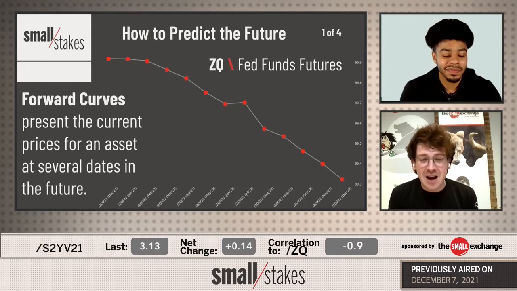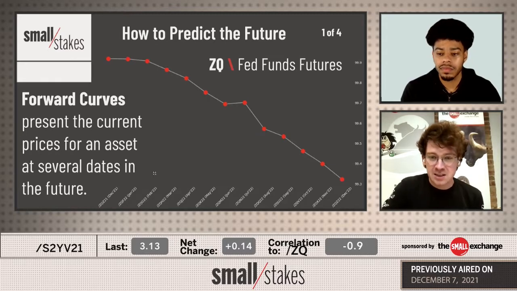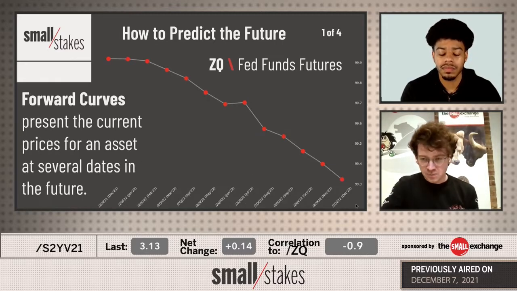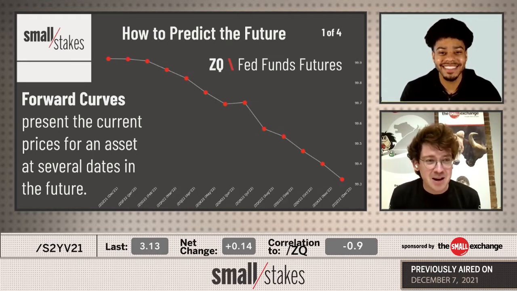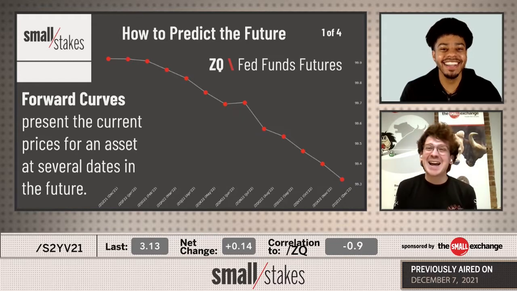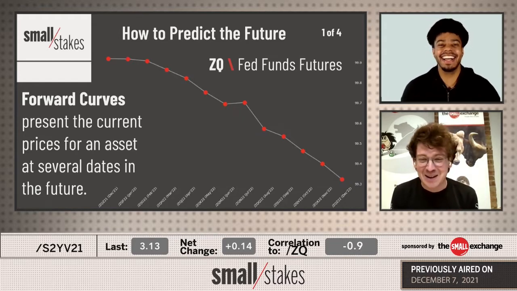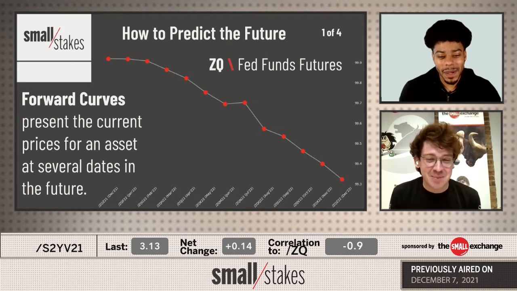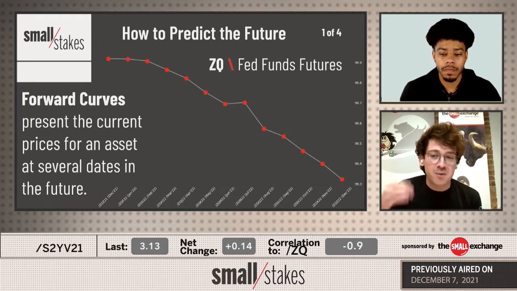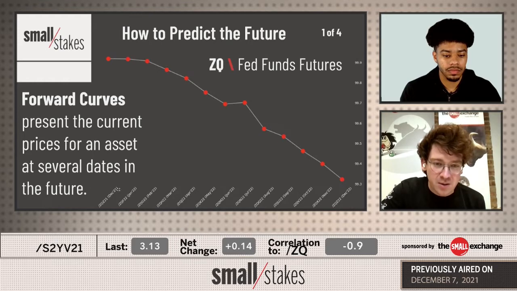So right now, if you take a look at the x-axis, this axis down here, the horizontal one, if you're not privy to x and y axis and how graphs work, you got that one? I passed math, yeah. Some people out there might not have passed math, but anyways, I got A's in math, by the way. But what you see down there is a string of futures symbols for the Fed funds futures and their corresponding expiration dates. So what you have all the way over here at the far left is